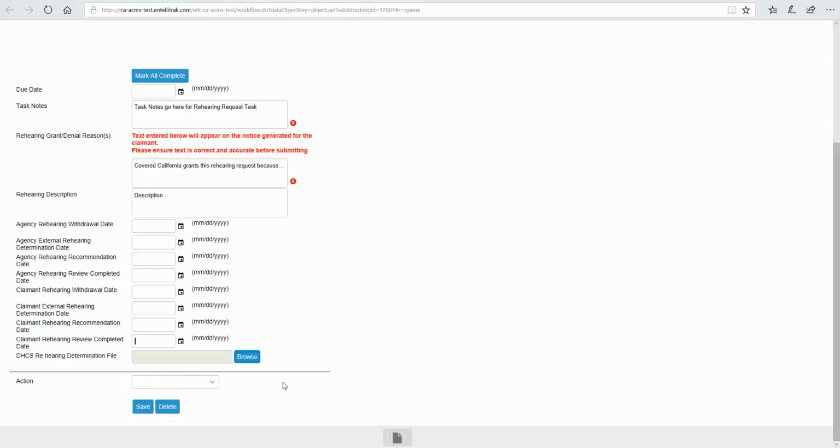Okay, so let's take a look at the different actions that can happen. So again, Covered California can deny this rehearing request. They can deny as untimely. The claimant only has a certain amount of time to request a rehearing, and if they do it outside of that time frame, then it is untimely. So if Covered California wants to deny this rehearing request because of that timeliness issue, they can select that action right there. Or if they are just denying it outright for another reason,